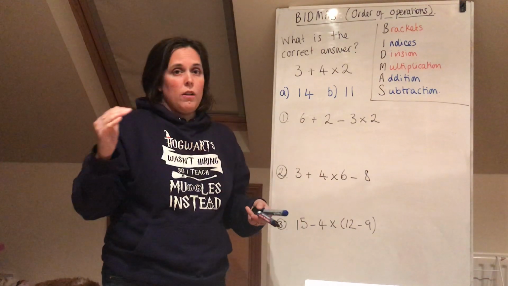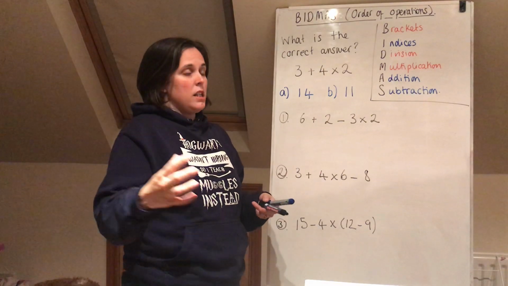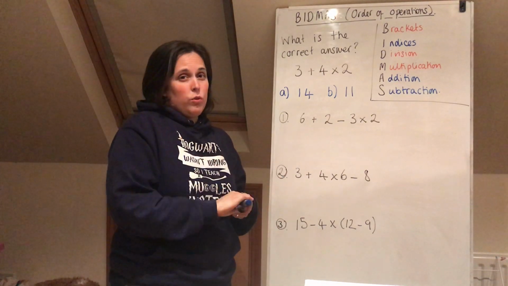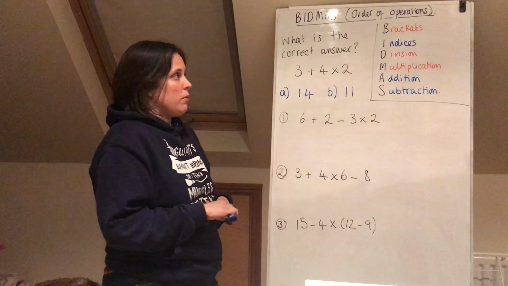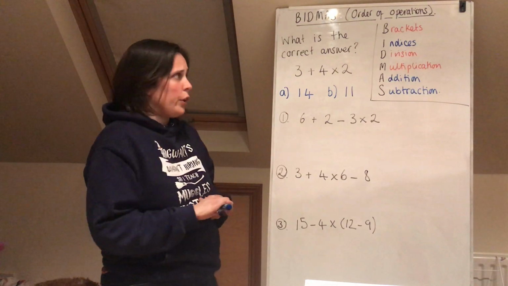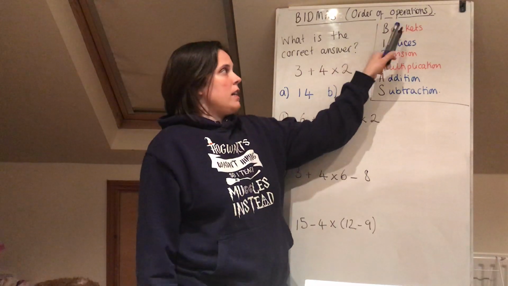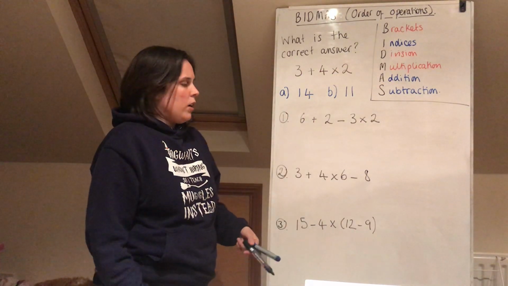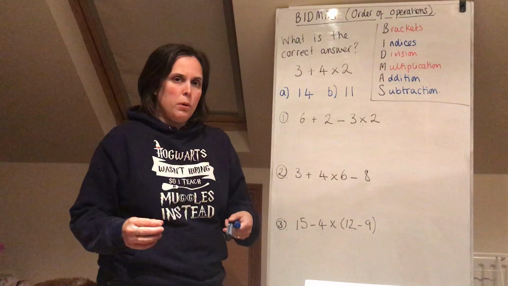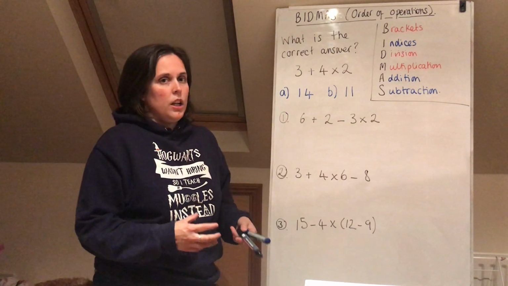Even if you go on to do A-level maths or maths at university, you need to know about the order of operations. It comes into so many different branches. So let me talk through what they stand for. So B, as I said, is brackets. Now I think that kind of makes sense, because if you're putting brackets in a calculation, you're putting them there